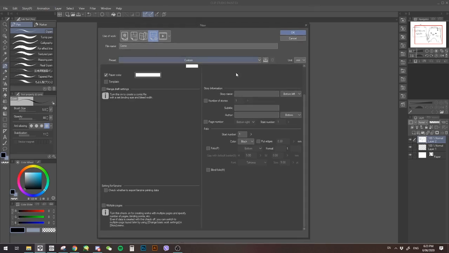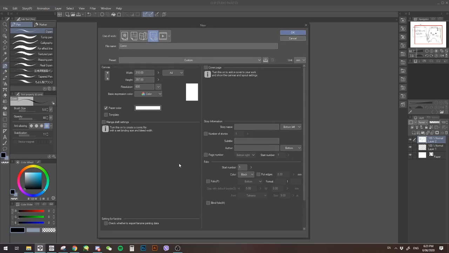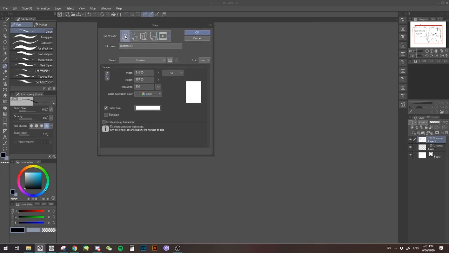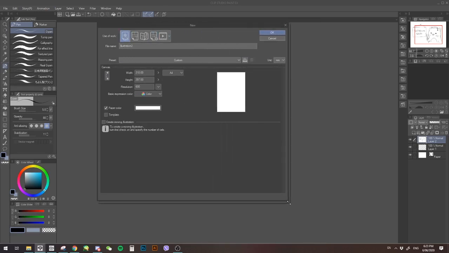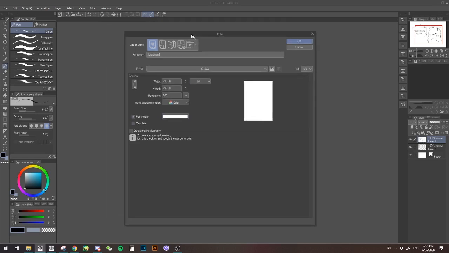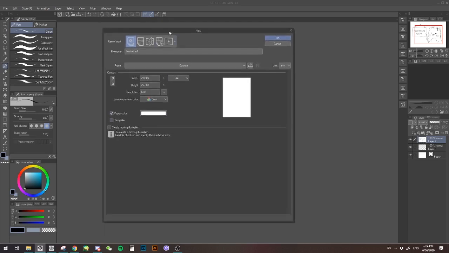Okay, but I mainly use illustration, which is probably about 90% of you guys, unless you are actually making a comic, and I personally am actually making a comic right now, so I will be able to tell you guys about some of the comic settings. But when you first open this up, after you downloaded,